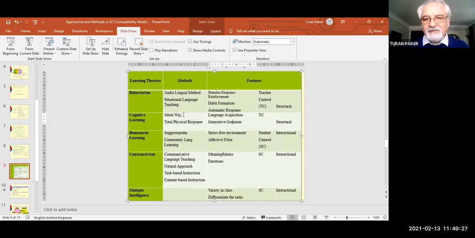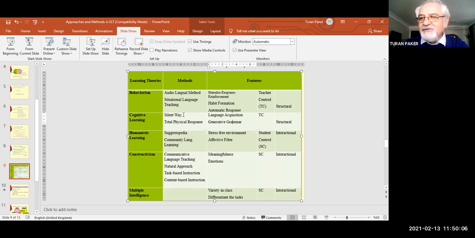So after cognitive learning, we had another reaction, humanistic learning. They said, okay, our brain has motor skills like behaviorism, and cognitive thinking is important, but how about our emotions? Especially in the audiolingual method, students were under stress because the teacher asked them to pronounce correctly with the right rhythm, right intonation, right pitch, etc. And especially adults had a lot of problems with this, and they were under stress. Even when they used chain drills, they used to say, "Please pass me, skip me."